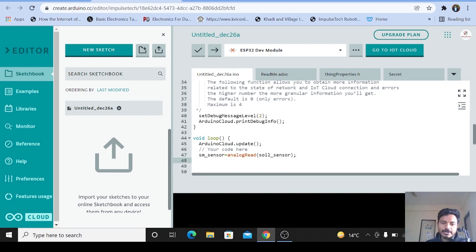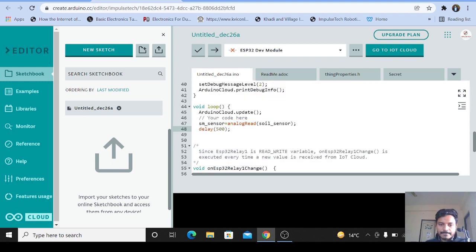So now from this what you can understand is that we are storing the values of the soil sensor into the variable that we have declared. Give the delay so that your sensor works properly. So I'll write here delay of 500, semicolon.